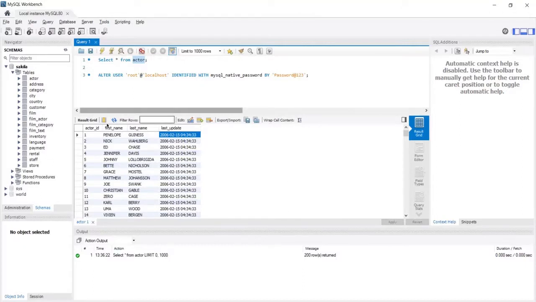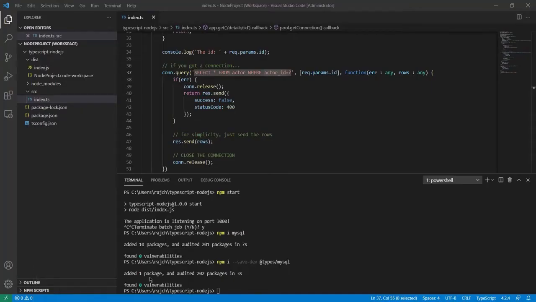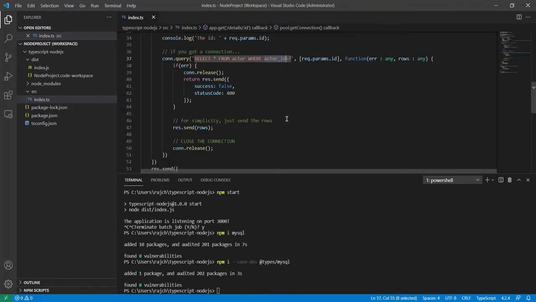You can see here, this is the actor ID, and on behalf of this actor ID I am selecting the data from the database. Let me go again to VS Code, and here you can see I am only sending the rows.